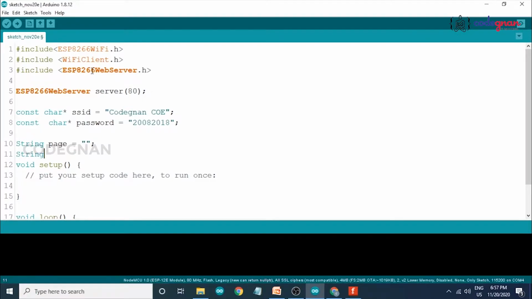String text equals to, in double quotes, data equals to, so we just only initialize it. And now coming to our void setup.